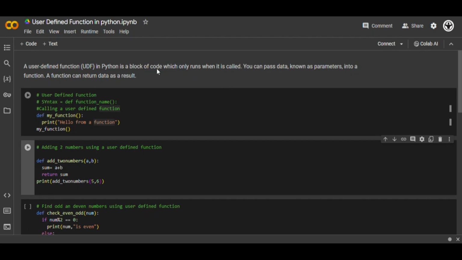So what is a user-defined function? A user-defined function in Python is a block of code which only runs when it is called. You can pass data, known as parameters, into a function. A function can return data as a result. So the syntax of